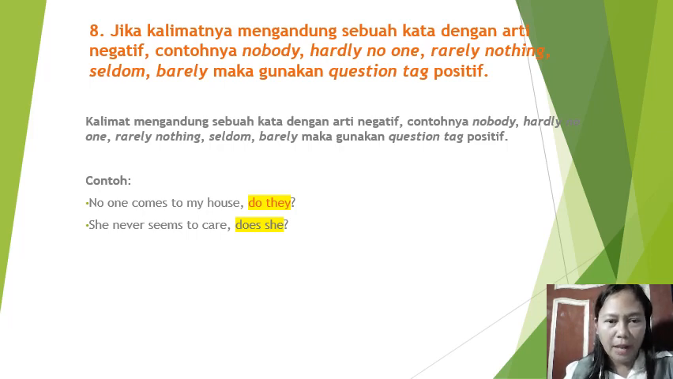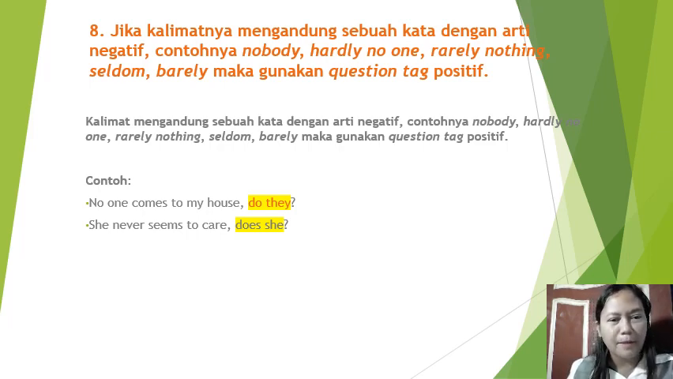Comes indicates present tense. So it should be this one, does. Sorry. No one comes to my house. Actually, this sentence indicates singular, but here we use they, this one. No one comes to my house. So no one indicates present. This one presents. This one also presents. But no one here comes to